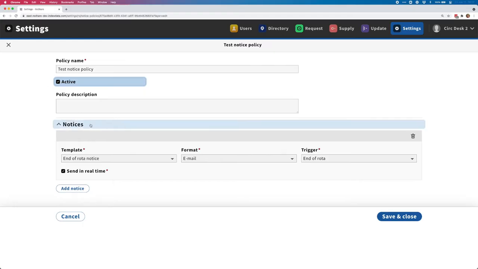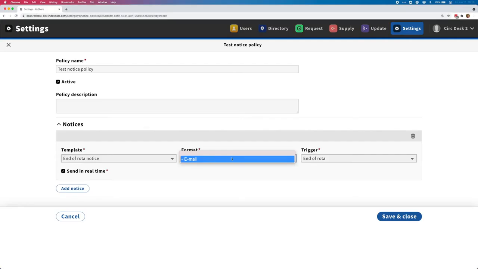In the notices area, this is where we define when notices are sent, and this is based on what we call triggers. So you can see there's already one in here where we have selected one of our templates. That was the end of rota notice that we saw. We can select a format, and right now we only support email. And then you have to select a trigger for when the notice is sent. And so